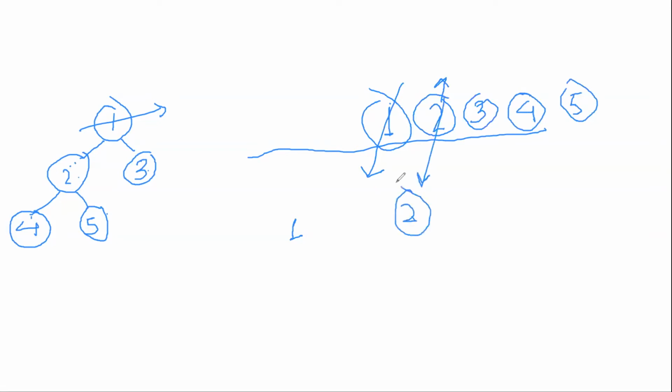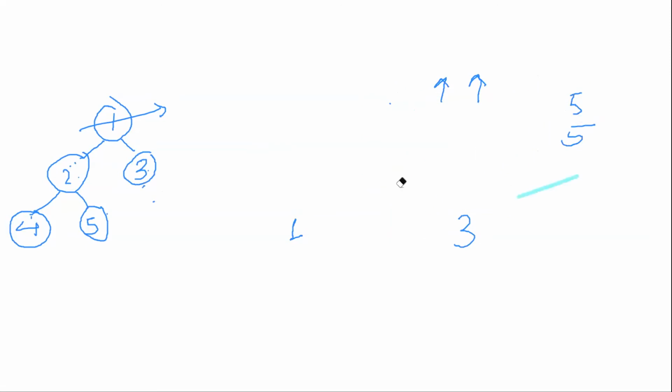Then we'll make the temporary node 2. Then as a temporary node, we'll check again whether it has any left or right node. If it has, we're going to push the elements in the queue, and we are going to print these elements. Then we will assign this as temporary node 3. We'll check whether it has left and right node. If it doesn't have, we'll just print it. Similarly for 4 and 5, they both don't have any left and right nodes, so we're going to print those. Is it clear? Shall I explain it again? Okay, let me explain it again.